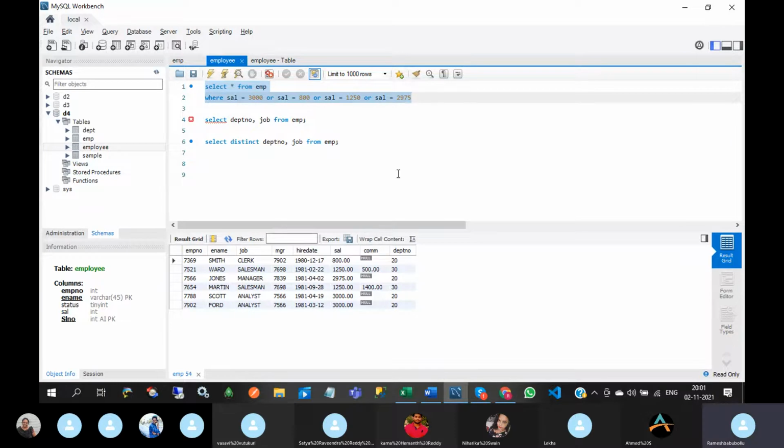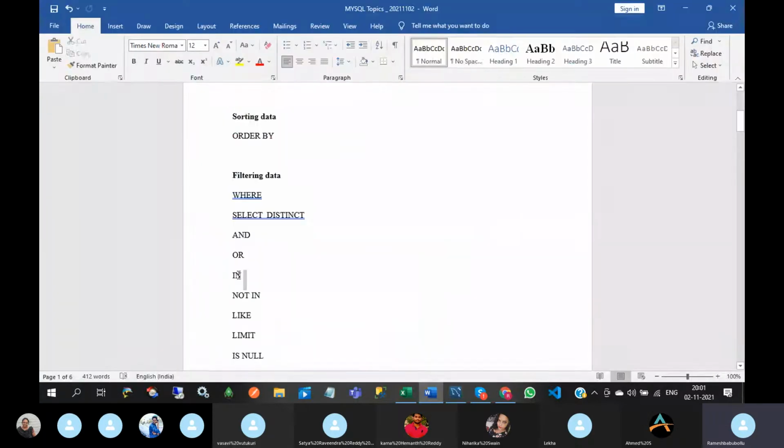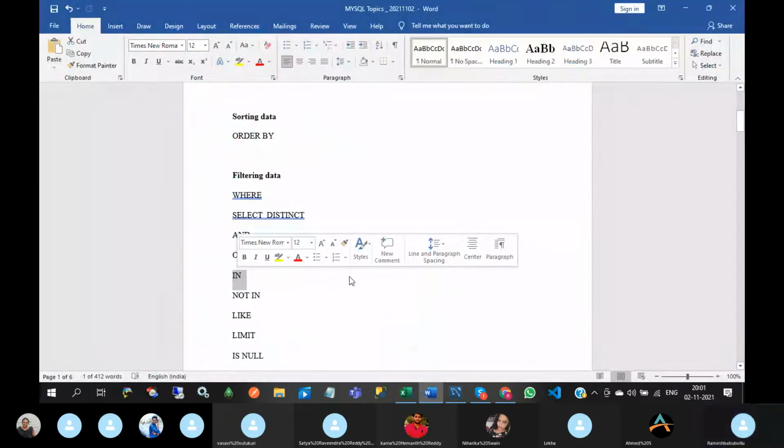Okay, but this is not a good practice. Why? Because however many values you want, you have to write like this, salary equal to 3000 or salary equal to 800 or salary equal to 1250, like that you have to write. But there is an option we can use, the in operator. Okay, in operator, not condition, in operator.